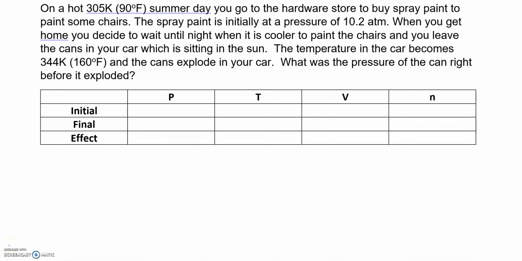Hello, today we are going to do PTVN tables to try and determine the pressure, temperature, volume, or number of particles for different situations. The one we're looking at today is with an aerosol can. So it says on a hot 305 Kelvin day, so 305 Kelvin is a temperature,